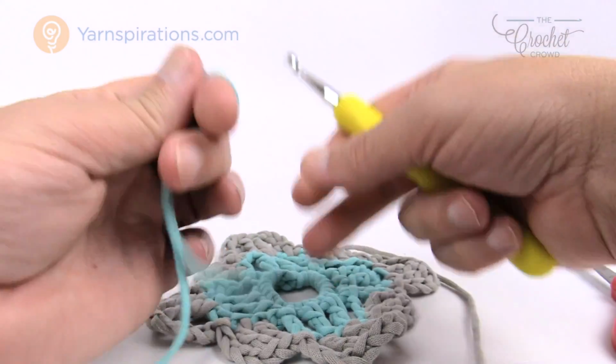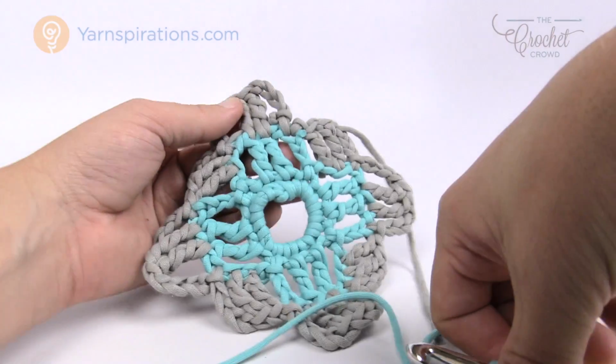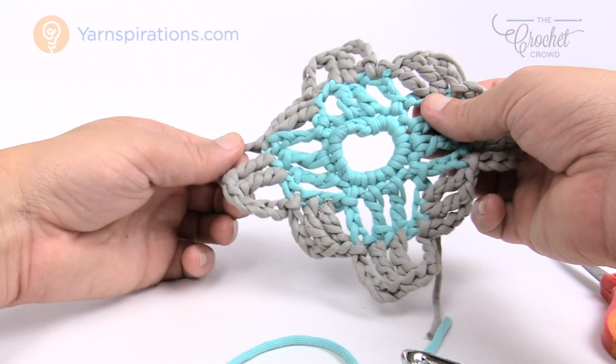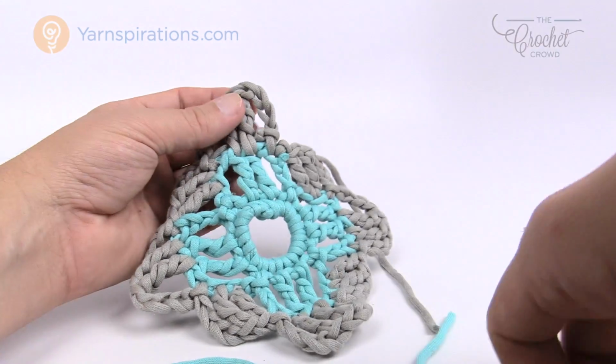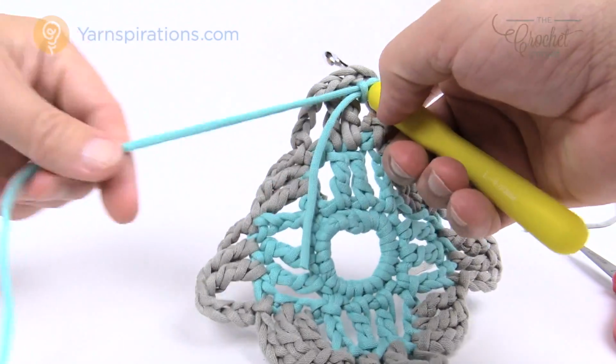I'm gonna create a slip knot, and now remember what I told you is that we have to come up to a point. So it can be this point here, it can be this point here, it can be either one. Just got to rotate it. So we finished right here, so we cannot start there. We have to start at the top. So let's just pick any one of those that are right at the top, and let's fasten on our yarn,